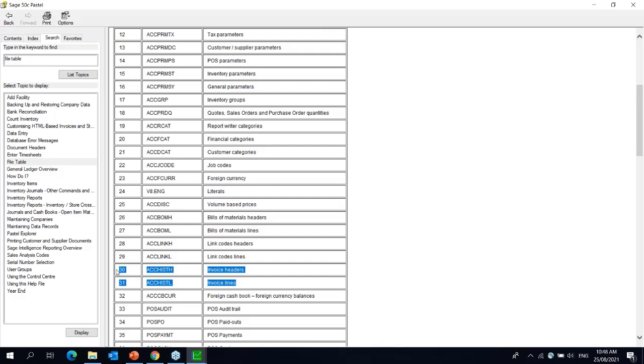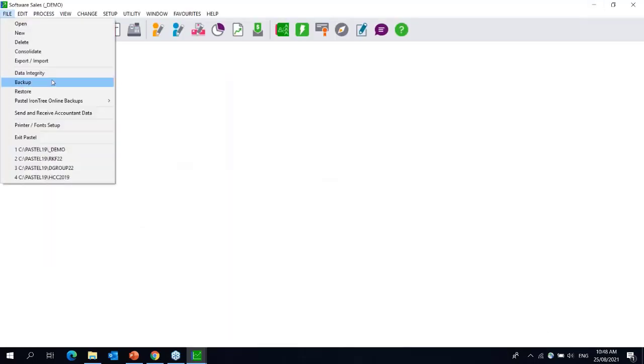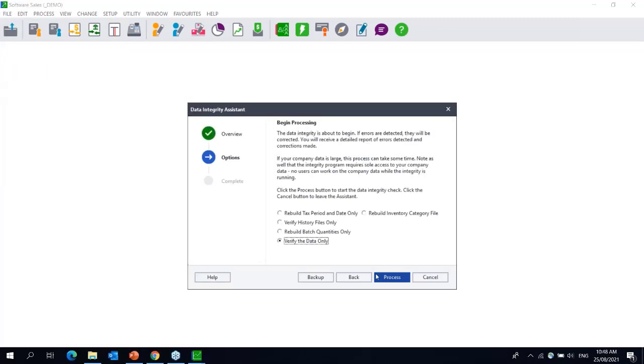Guys, if you have missing lines, we cannot fix it. So we've had people before who run a data integrity to check the history lines and they're like, I have missing lines, so you need to fix that. Guys, we have no idea what those lines were made up with. It's very regrettable, but it's not something that we can fix at all. So that's just something to bear in mind. So that is this fix, verify history lines only. What it does is it checks the headers, it checks the lines, and it will advise you that either you have lines and there's a missing header, that we can fix